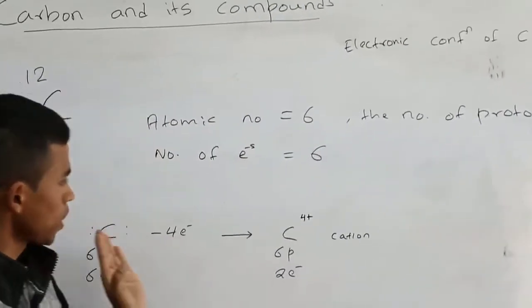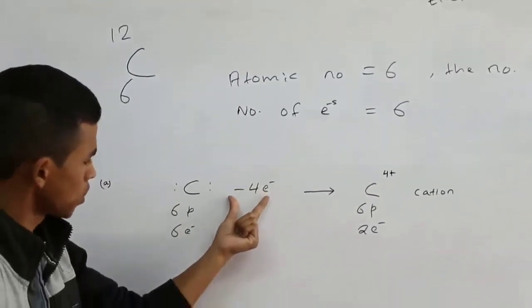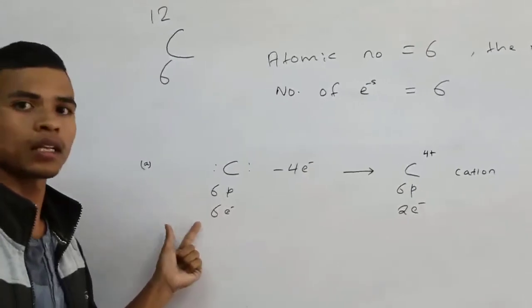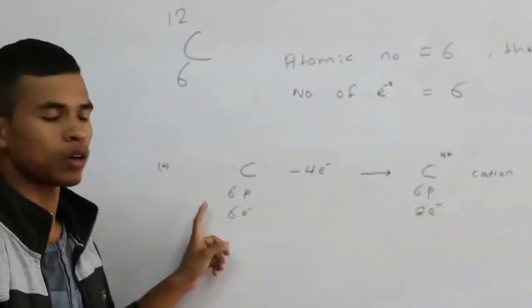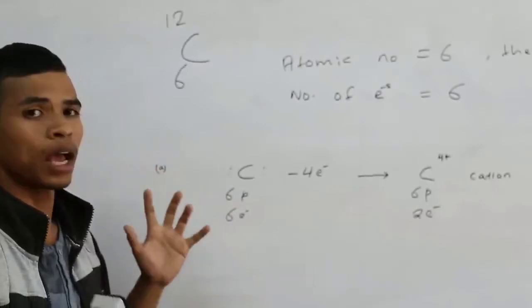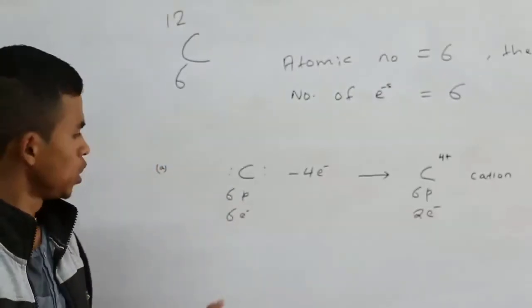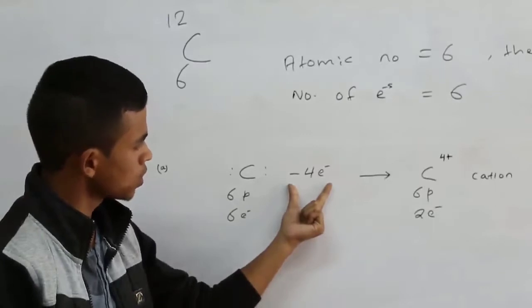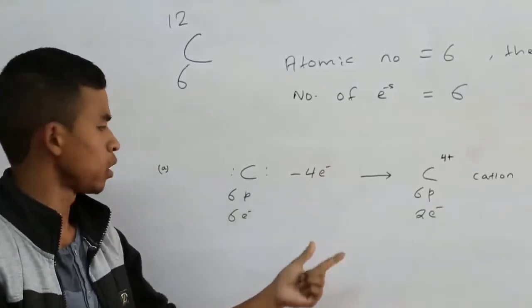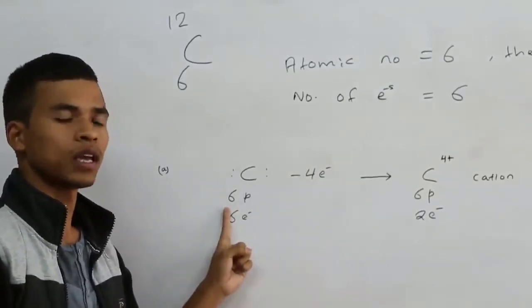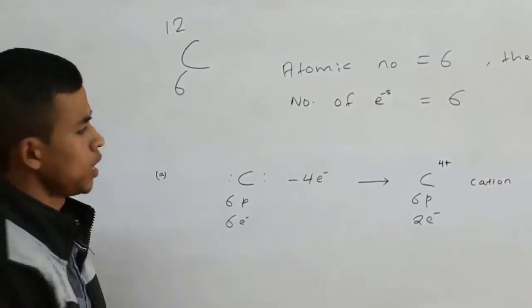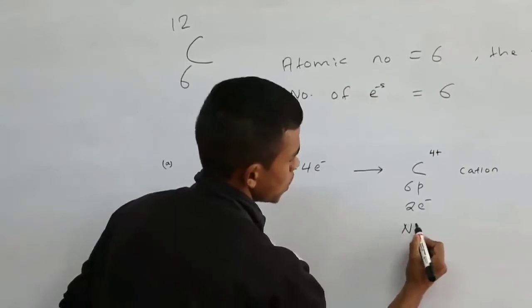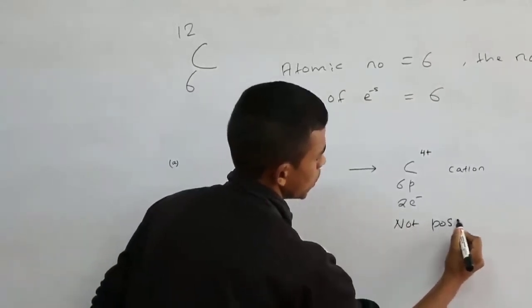But in order to lose these 4 electrons, because protons and electrons attract each other, and the force of attraction is very strong, it will require a huge amount of energy to remove these 4 electrons from the attractive pole of the 6 protons, and that is not possible. It is not practical. That's why this is not possible,